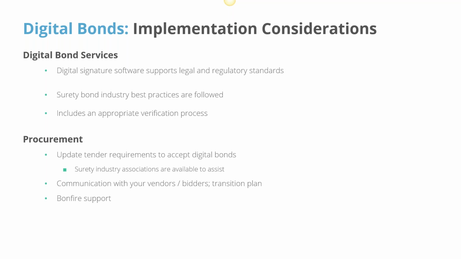I think the communication with your vendors matters. I've seen cases where some procurement agencies take a considerable time to roll out e-bonding, sometimes months or years, and I've also seen others saying, in 2 weeks we're going to e-bonding, and that usually causes a bit of a stir in the local market. But you'll know your vendors better than I will, and what their knowledge level is. And then, of course, Bonfire support can easily get that implemented for you.